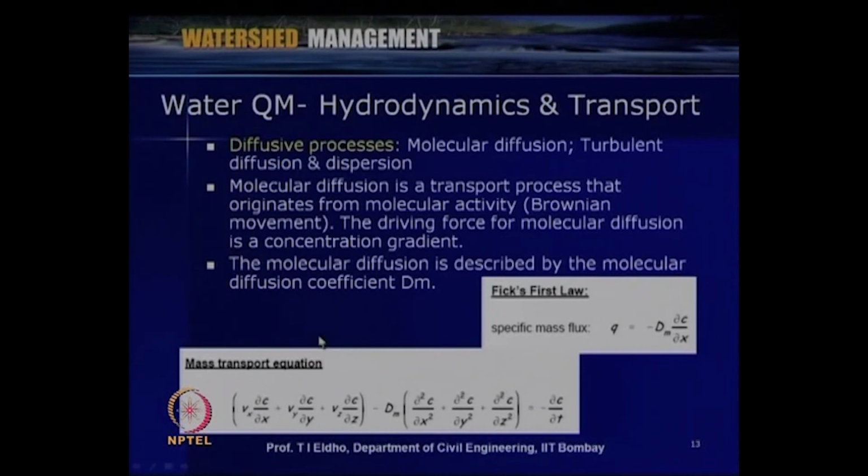So, this gives the mass transport equation, say the variation we can get in x, y, z direction by solving this one equation, and then of course, Vx, Vy, Vz we are obtaining from the solution of the conservation of mass or continuity and momentum equations as described in the previous slides.